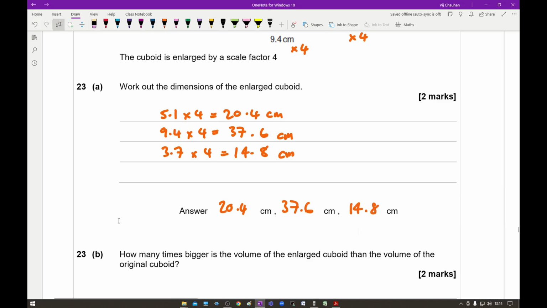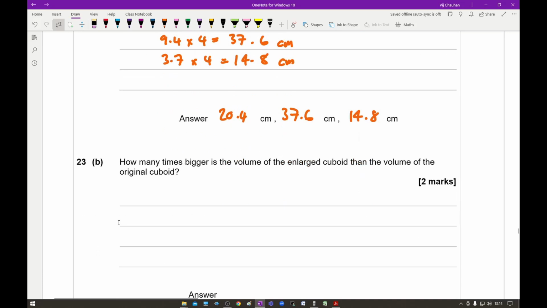And there we go. Moving on to question 23b, it says how many times bigger is the volume of the enlarged cuboid than the volume of the original? So here, if we work out the new volume, it's going to be 20.4 times 37.6 times 14.8, and that gives me an answer of 11352. Let me just write that a little bit neater. Equals